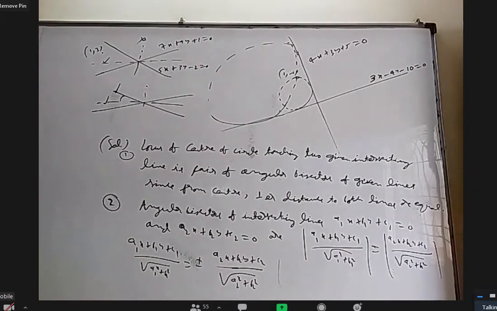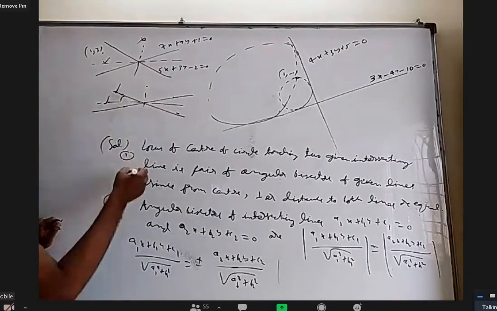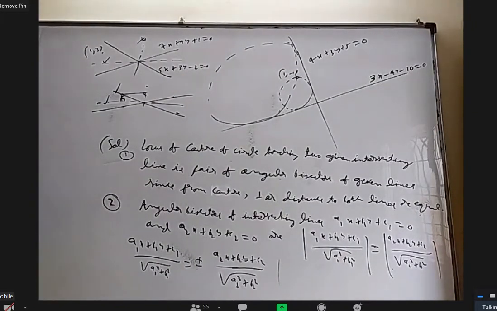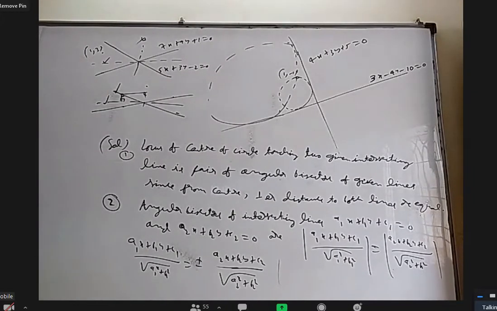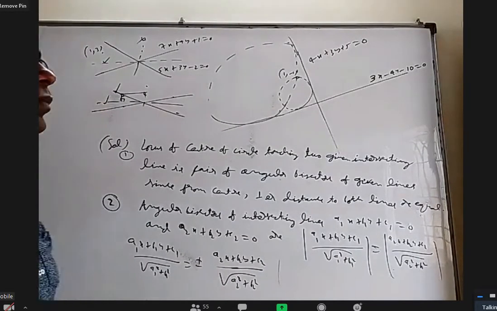That is one way. Another way is take one of the points on the original lines anywhere, here or here or here. Find perpendicular distance to both of them. Whichever is less is the acute angle bisector, whichever is more is the obtuse angle bisector. I prefer these 2 methods, but if somebody can remember that A1 A2 plus B1 B2, it's good. All right. Is it okay? Yes. Okay. Anyway, that A1 A2 plus B1 B2 is also not difficult, very easy. You have to just see that greater than 0 means what to put, less than 0 means what to put. So any one of these 3 methods you can identify acute and obtuse angle bisector.